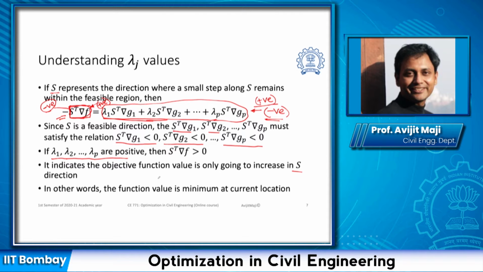It is going to happen only if we are already at the maximum point, or at a point where the function value is maximum. So in that case we can say if all the lambda values are negative for the active constraints, then we have reached the maximum point, where the function value is going to be maximum. We are going to explain this further through an example.